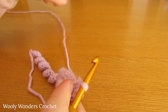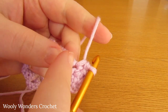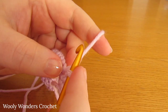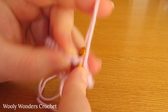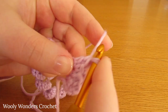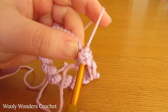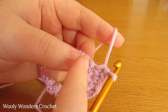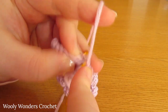So we have one single crochet into one stitch, one double crochet into the next, and then one single crochet into the next one. And now into the next stitch we are going to work one double crochet and a single crochet, both into this next stitch here. So yarn over, go into this next stitch and do one double crochet, and then you want to go back down into that same stitch there and do one single crochet, like that. And now into the next stitch we're going to work one double crochet,